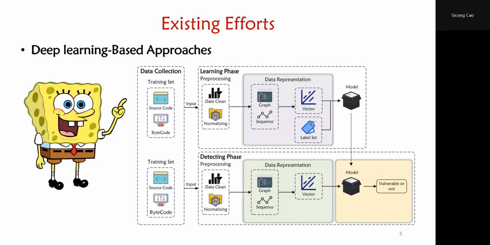Recently, benefiting from the powerful performance of deep learning, a number of approaches have been proposed to leverage deep learning models to capture program semantics to identify potential software vulnerabilities. Compared with traditional static analysis-based approaches, we can automatically extract implicit vulnerability patterns from previous vulnerable code instead of requiring expert involvement. As shown in this figure, deep learning-based approaches take source code and bytecode as input to train a detection model to identify whether this code is vulnerable or not.